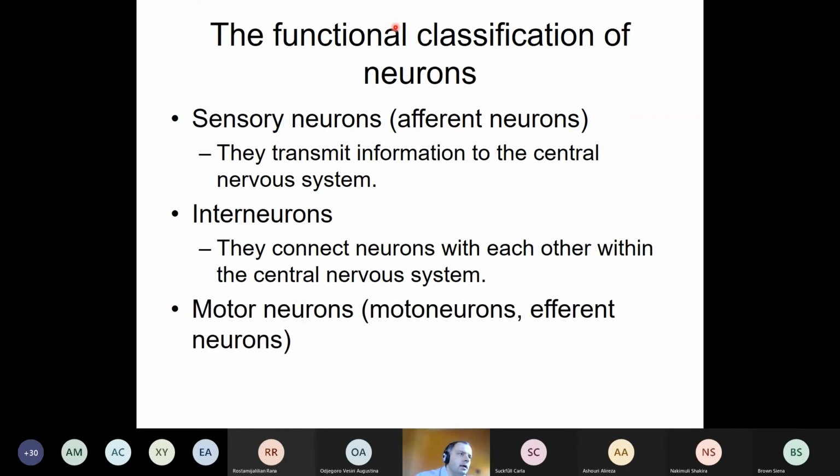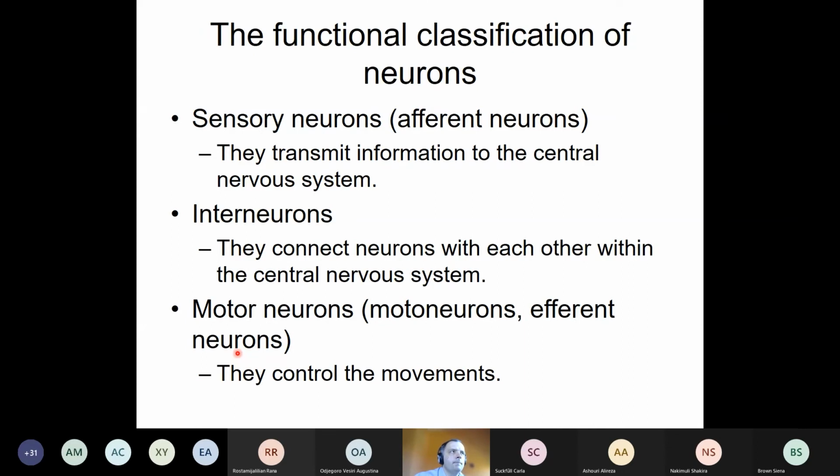And I also mentioned that in the somatic nervous system, if I want to carry out a movement, then the information now spreads from the brain through the nerves into the periphery to the effectors. And this is performed by motor neurons, also called motoneurons or efferent neurons, and they will control the movements. And in the autonomic nervous system, they may also control the biological functions of internal organs, but I will come back to this point a bit later. Okay, so this was the functional classification of